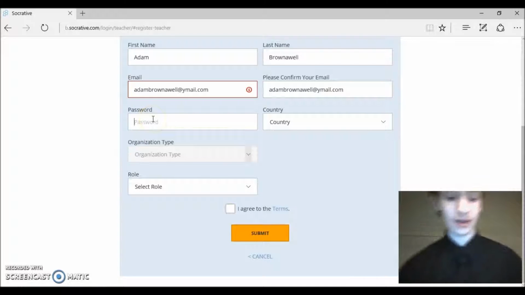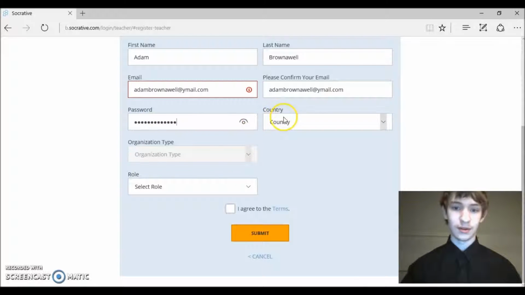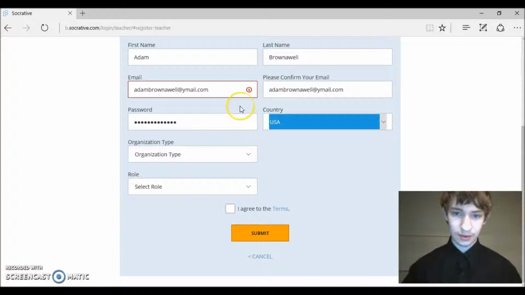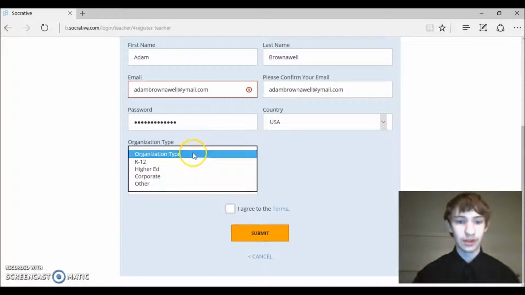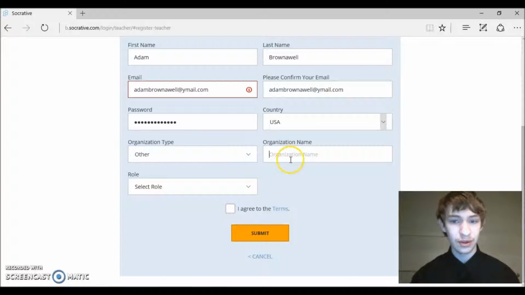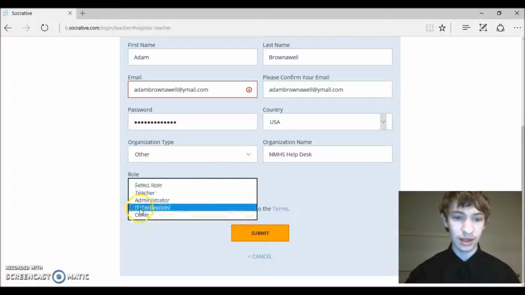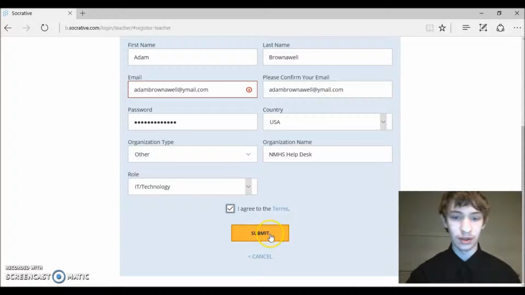And you gotta type in a password, something. Your state, USA. Alright, now this is where it gets a little weird. You gotta find your organization type, so K through 12. If you are a teacher, you might want to go K through 12, but I am from North Mason Help Desk, so I'm going to click Other, give the organization name, and then select the role you have there, and in this case, IT/technology,